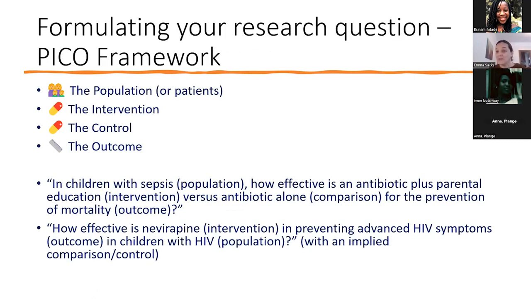So now to jump into the actual review. There's a couple different frameworks that people use for formulating your research question and defining the scope of your review. One of the most common is called the PICO framework. I'll go through it, but just to say that a lot of the work and thinking around systematic reviews